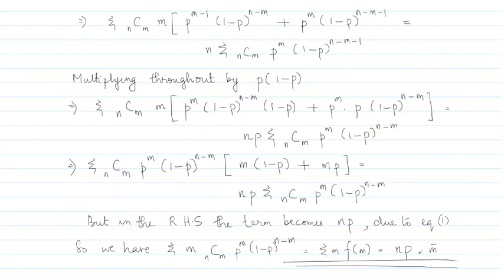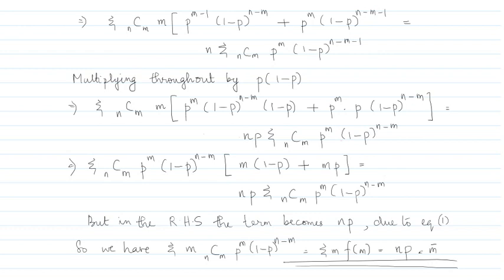Okay, so my first term becomes p raised to m. My second term, I am writing it like this itself. 1 minus p raised to n minus m, I write it like that. Then the 1 minus p that I've multiplied with, I'm writing it separately. Then here in the second term, again this operation p into 1 minus p, that p I'm writing it separately. p raised to m I retain as such. Then 1 minus p raised to n minus m minus 1 will become 1 minus p raised to n minus m. Now on my right hand side,